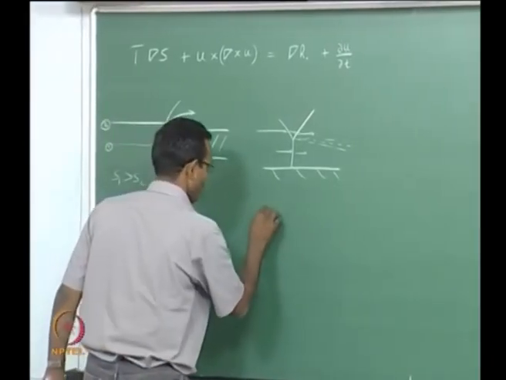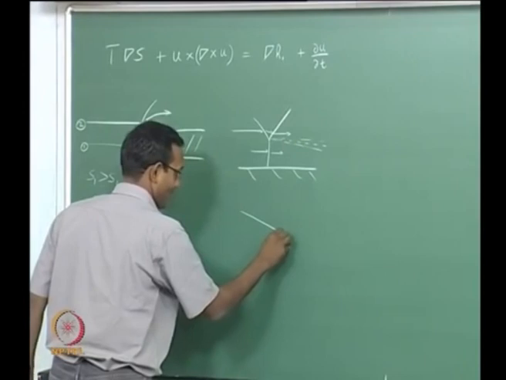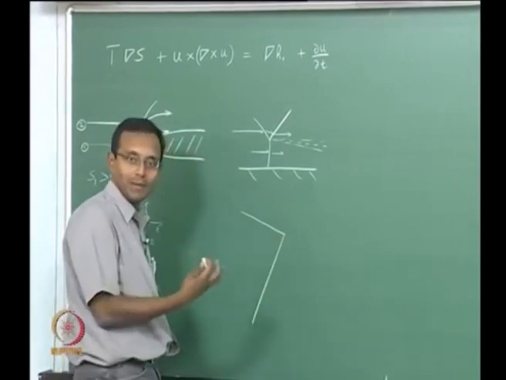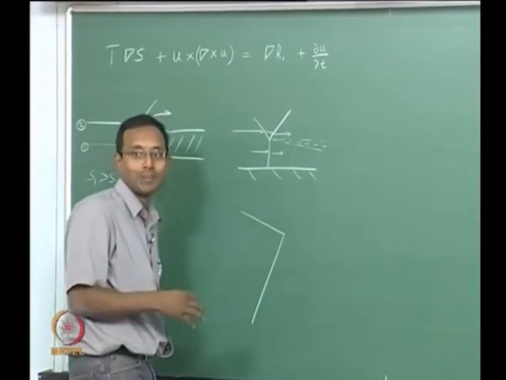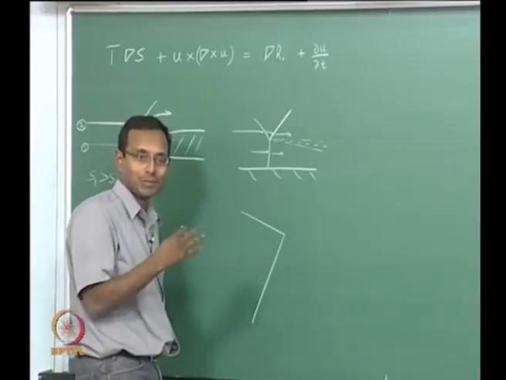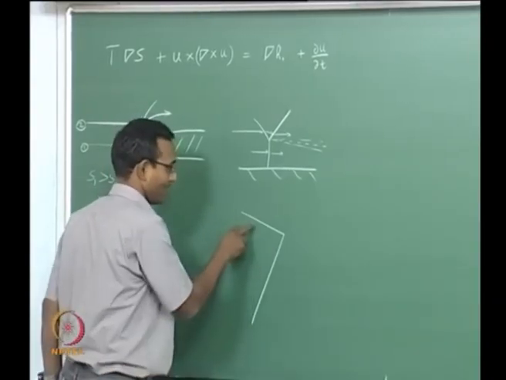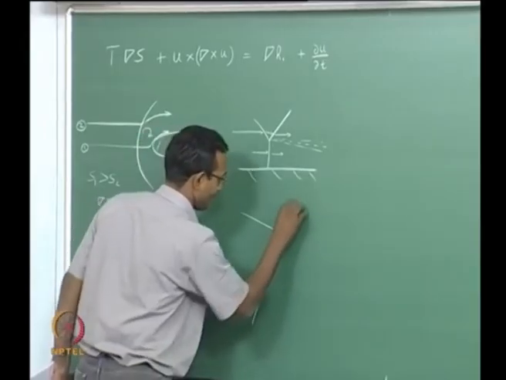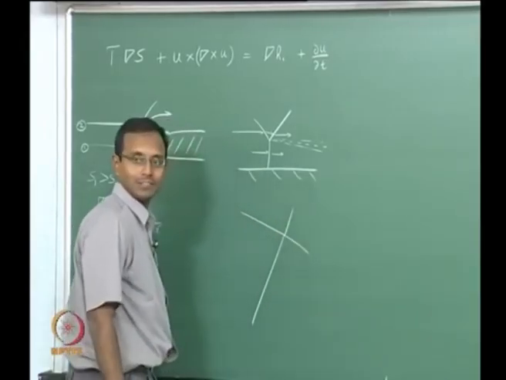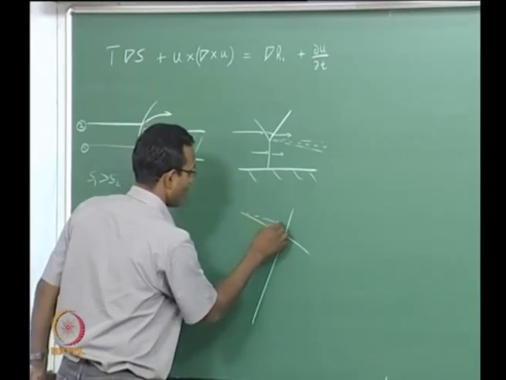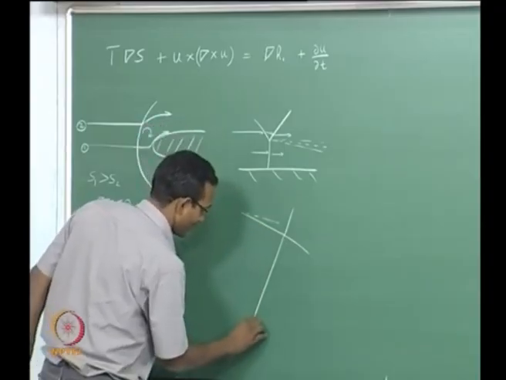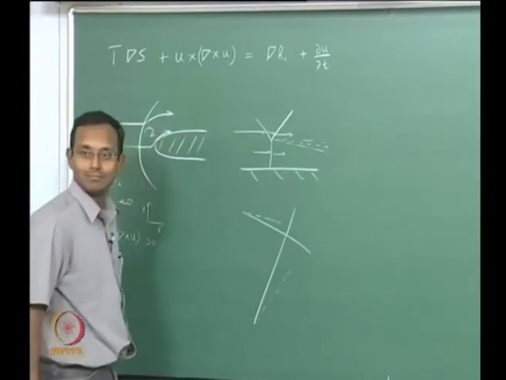I can now think about a more crazy example. One weak oblique shock and a very, very high beta oblique shock. I don't want to call it a strong oblique shock. Both are weak oblique shocks if you think about strong versus weak. But one is a weak angle, one is a high angle oblique shock. If they cross, what does this mean? This was probably produced by a wedge that is like this. This was produced by a wedge that is more like this.